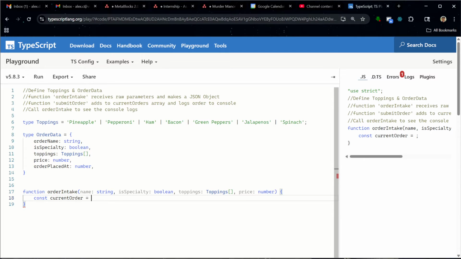But before we define it, I mean, we could put curly braces there, but I'm going to backspace this. We need to tell it that current order is of type order data, and then we can say equals curly